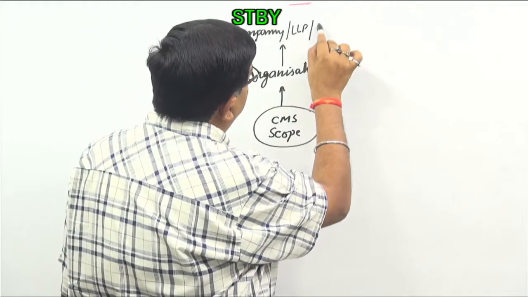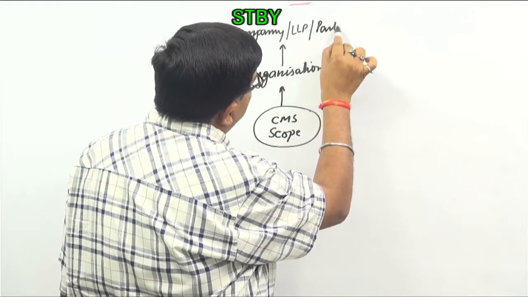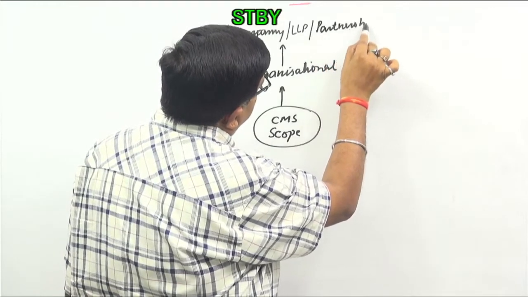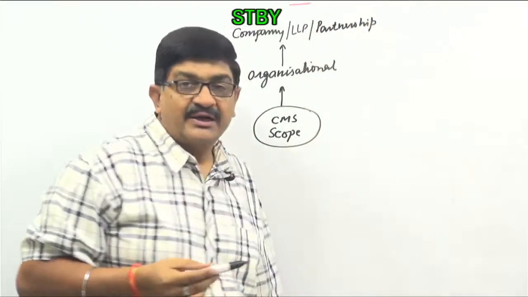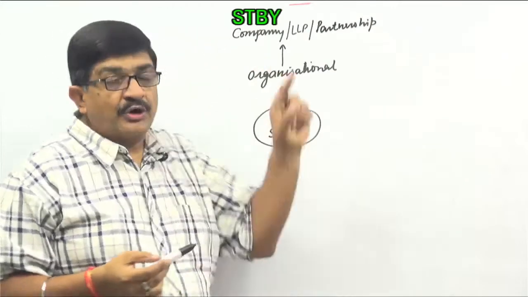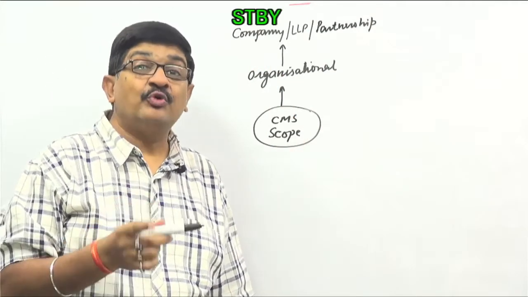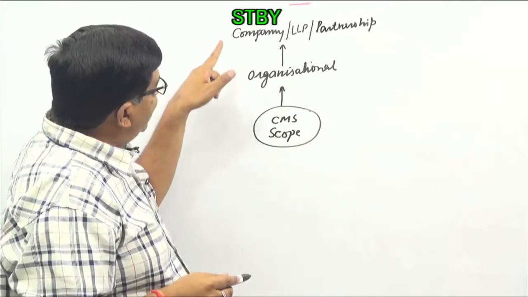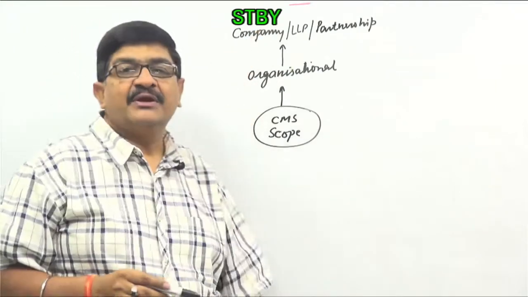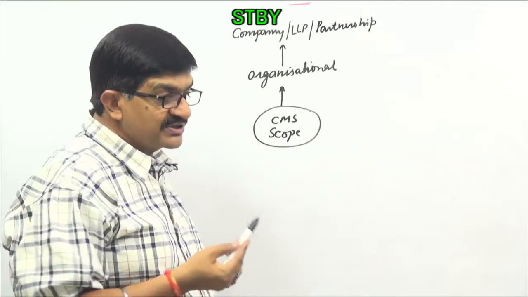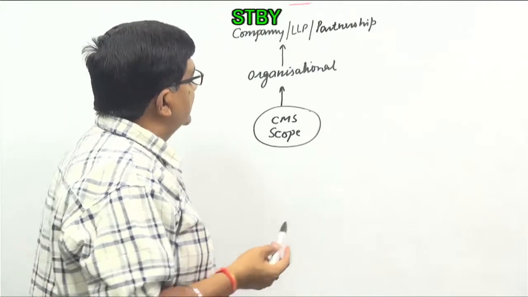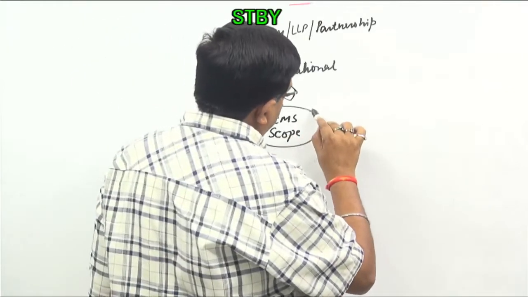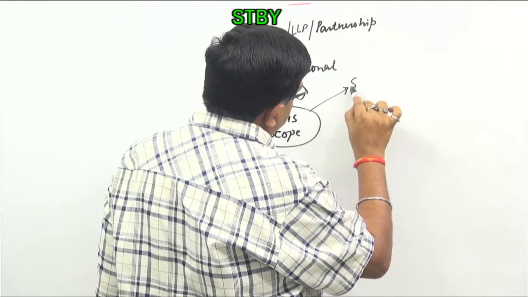This may be a partnership, so that becomes applicable, right? So you have to be good at all three laws, and at least in company law and LLP. Even if partnership is not there, still these two are required. Then after organizational, then comes